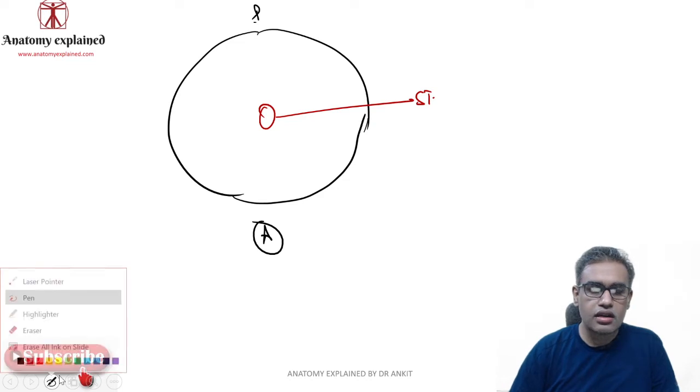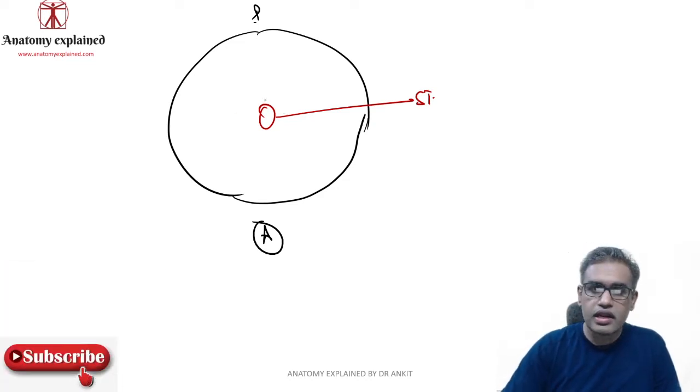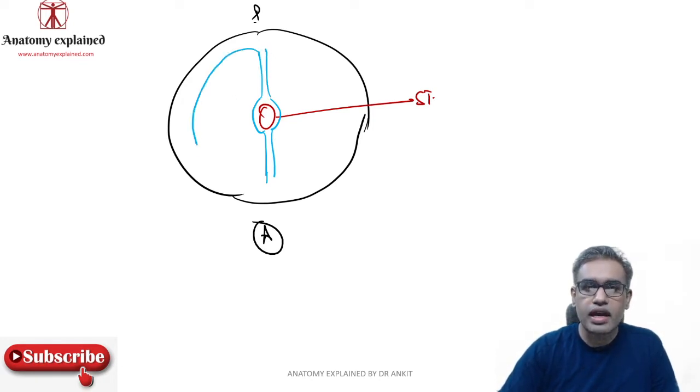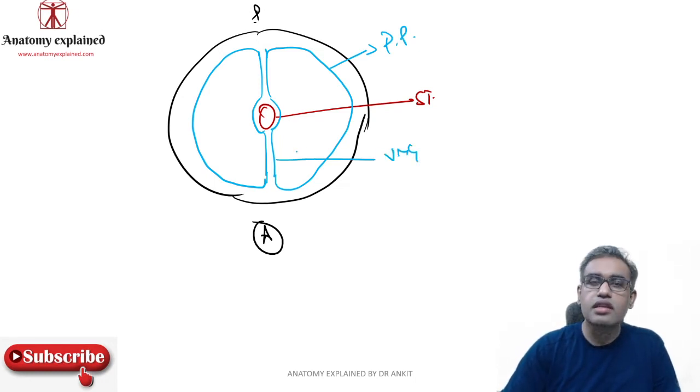And now let's try to make a few of the peritoneal ligaments. The stomach is an intraperitoneal organ, so it is covered by the peritoneum. From the stomach there is a double layered fold going anteriorly, known as the ventral mesogastrium. Posteriorly it is going as the dorsal mesogastrium. Then they become the parietal peritoneum and they meet up with these mesogastriums over here. So this becomes your PP, parietal peritoneum. This becomes your VMG, ventral mesogastrium. That becomes your DMG, dorsal mesogastrium.